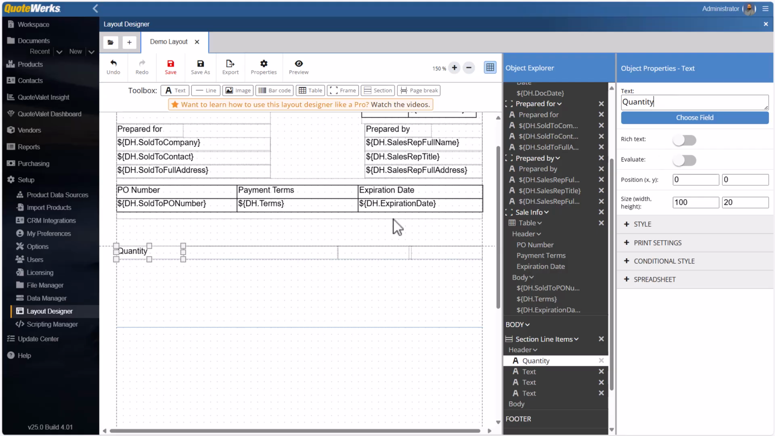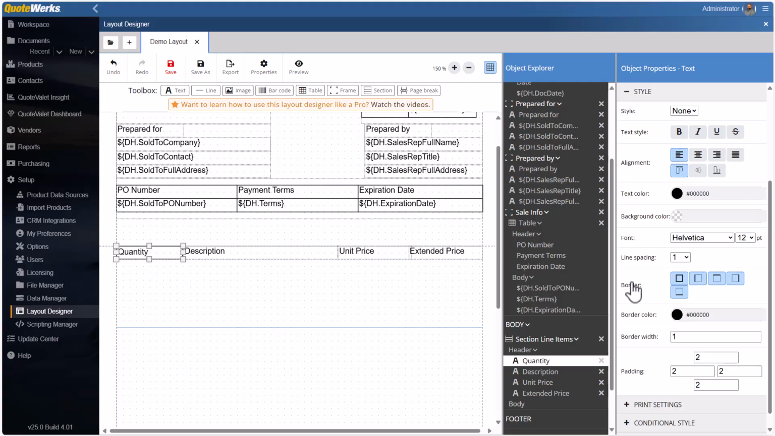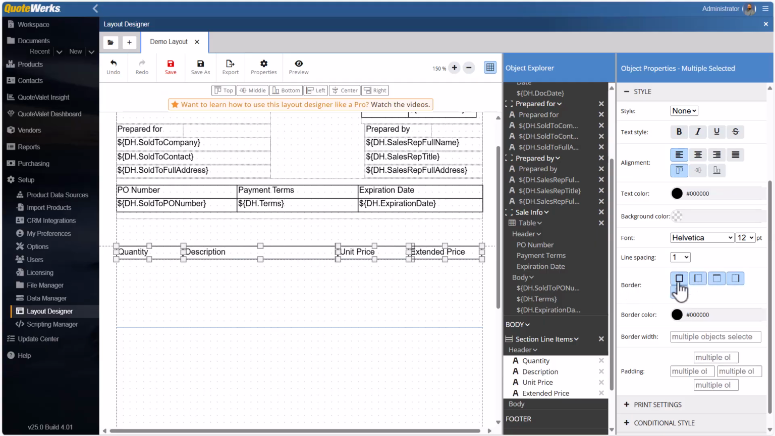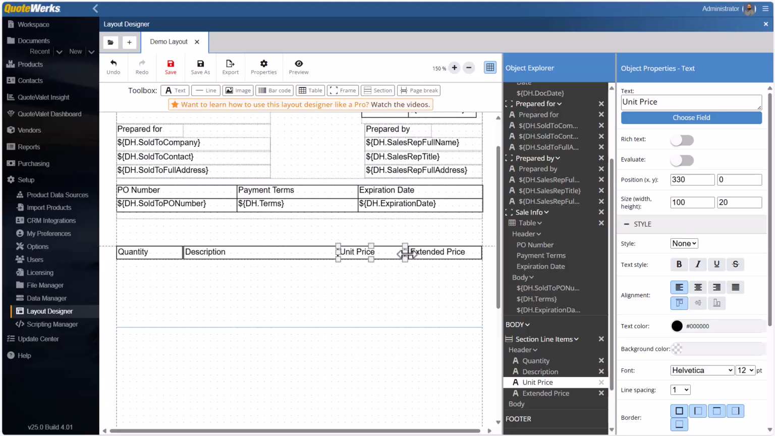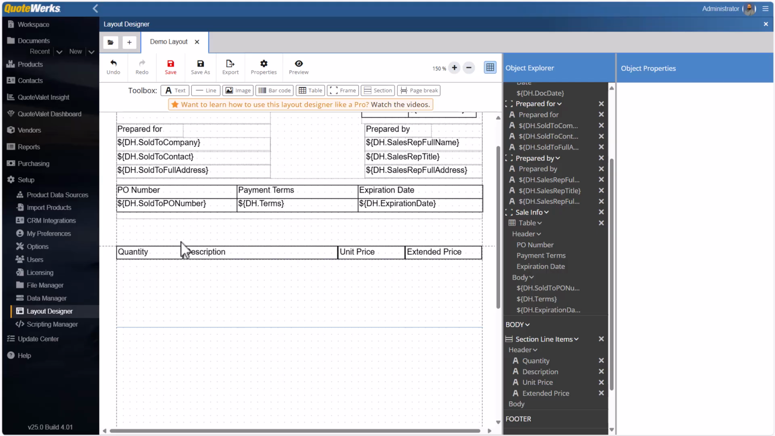Quantity, description, unit price, and extended price. And what I'll do is I'll just go ahead and toggle on borders for these as well, as we'll have borders on our other products as well. All right. So now that we have our labels, we can now start to go in and create the different